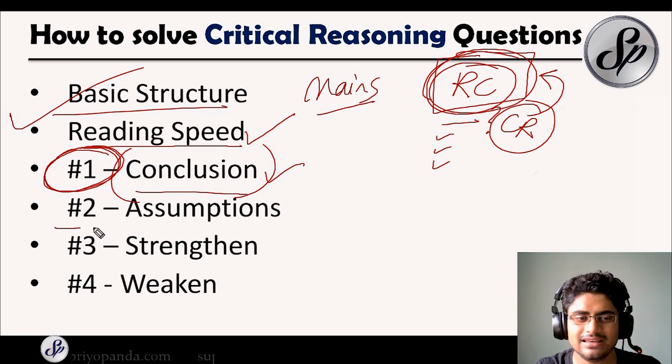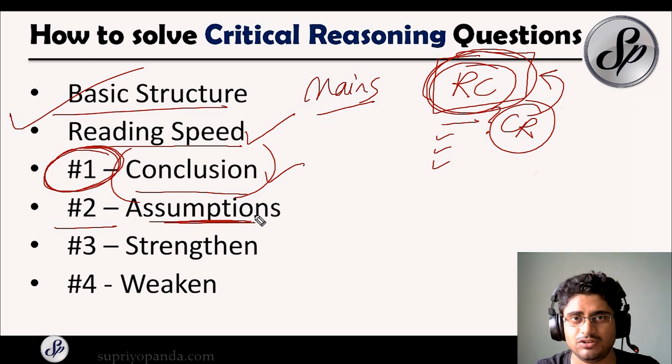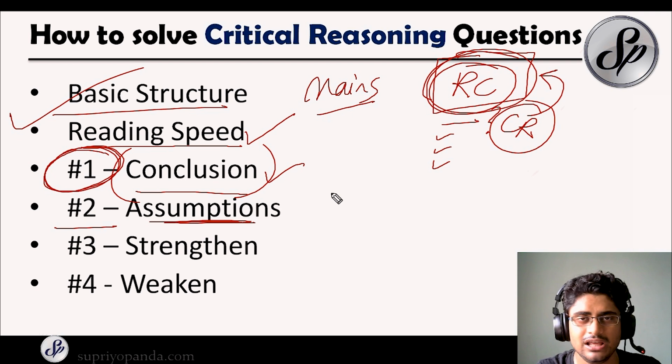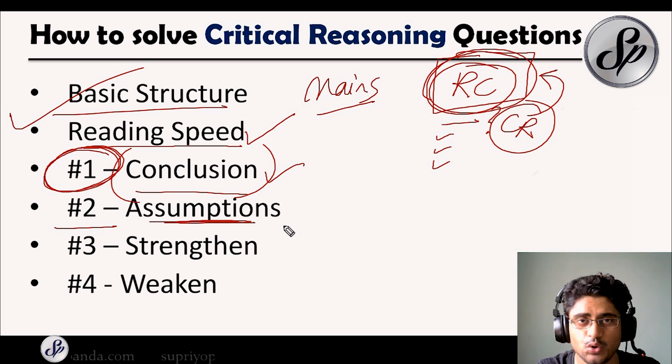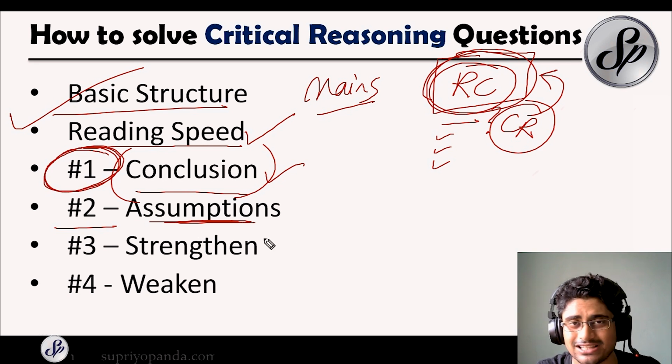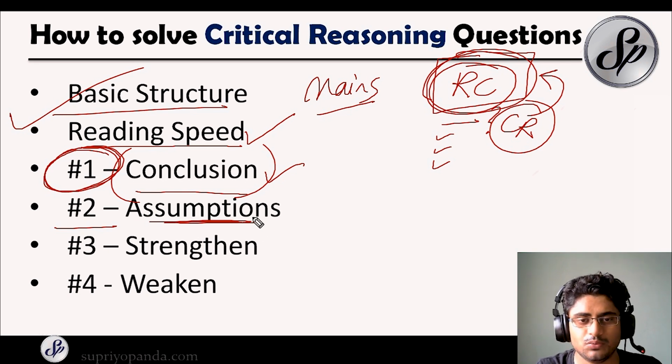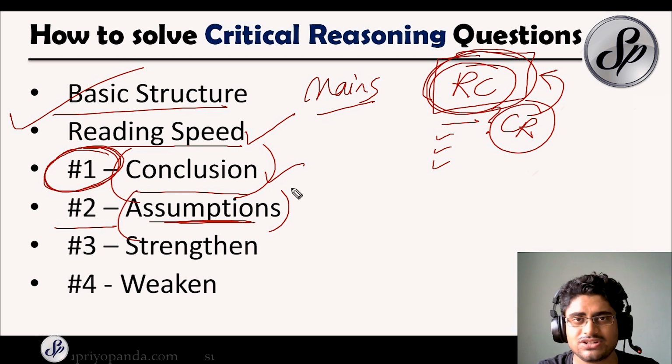So the next thing is the assumptions. Whenever you have any conclusion, for that conclusion to be true, there are many assumptions in that paragraph that have to be true. At least one assumption will be there which is not written out, but it is an implicit thing. Unless that assumption is true, that entire argument cannot be true, right? So you have to find out those assumptions, because sometimes some questions will be asking you